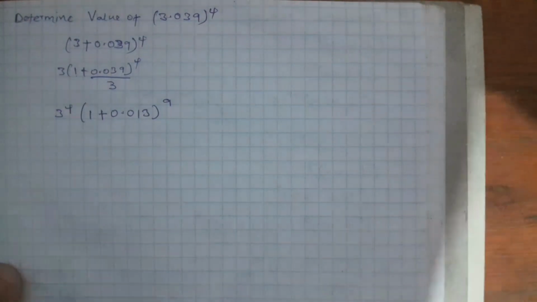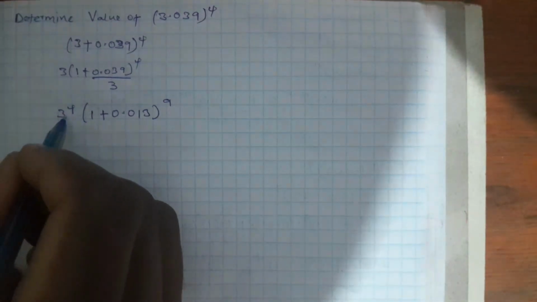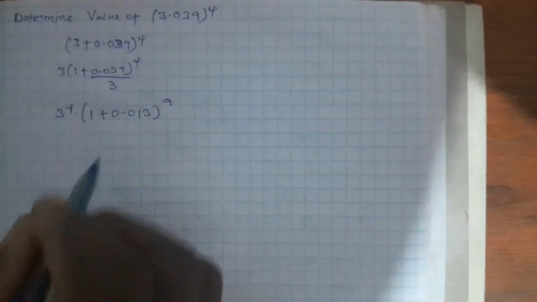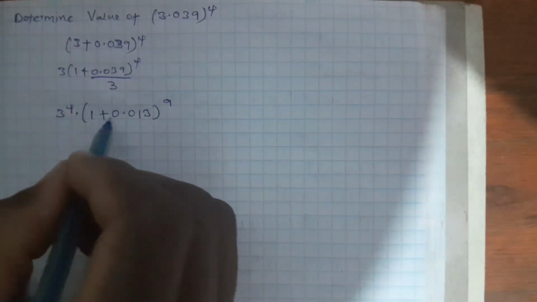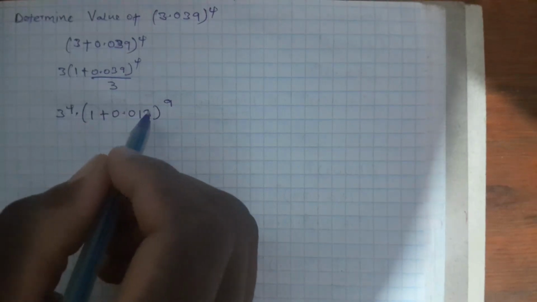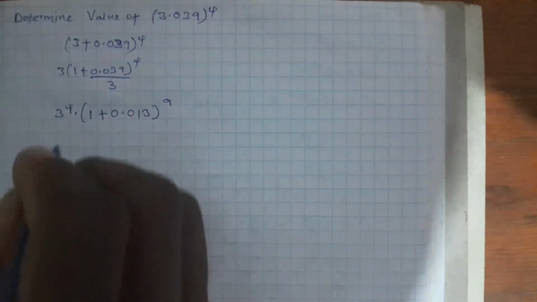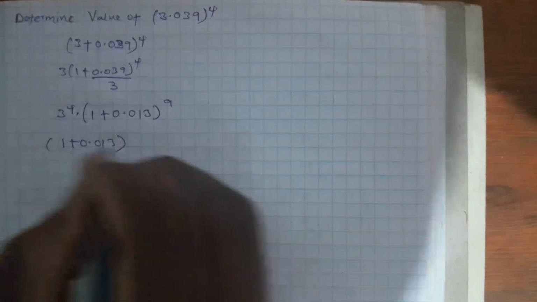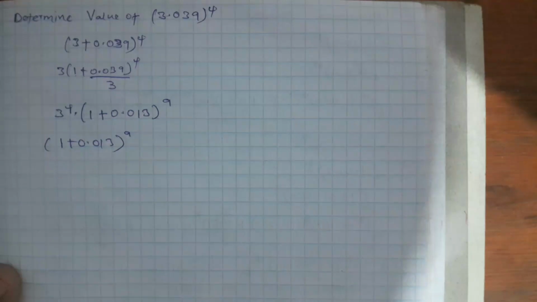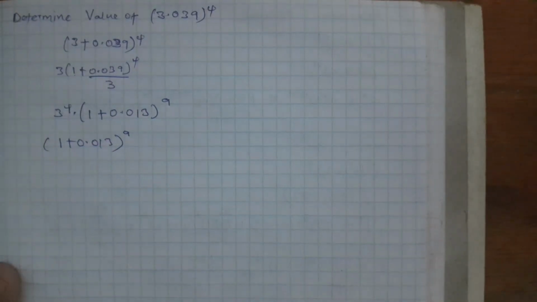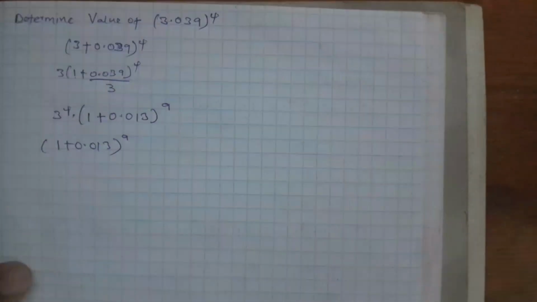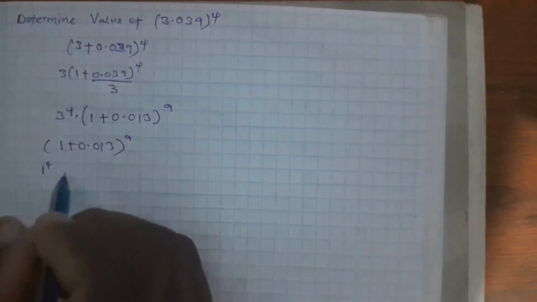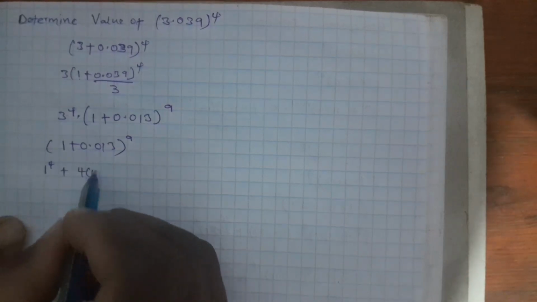Now we will solve this part. We'll have 3 raised to the 4th power times (1 + 0.013) raised to the 4th power. Let's solve (1 + 0.013) to the 4th power. Using the binomial series expansion, we then have 1 to the 4th power plus 4,